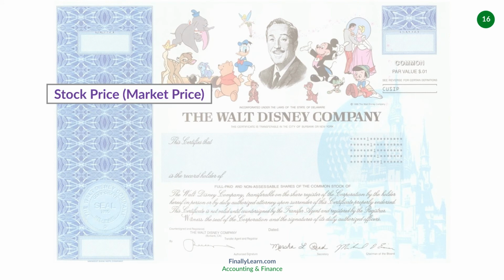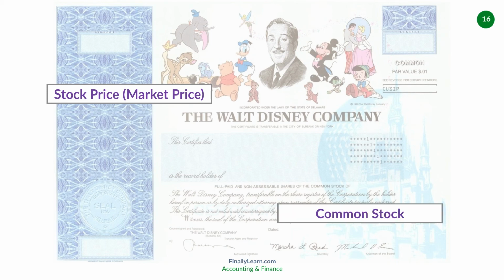All right, let's think about different terms here that we want to know. One is the stock price. Stock price is really the important number that matters. Sometimes we call it the market price. So if you own 1 share or 10 shares, 100 shares, you care about the stock price of your company. So if the stock price was 40 and you own 10 shares, your stock investment's worth 400, and the price could go up, the price could go down, and it trades on a regular basis every day on a business